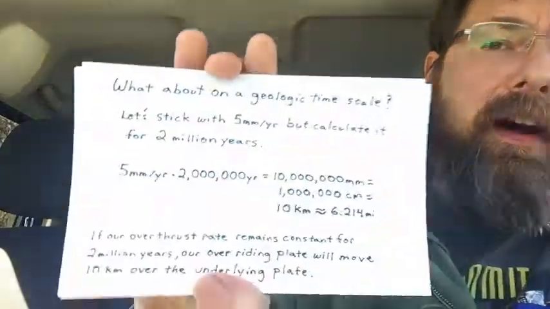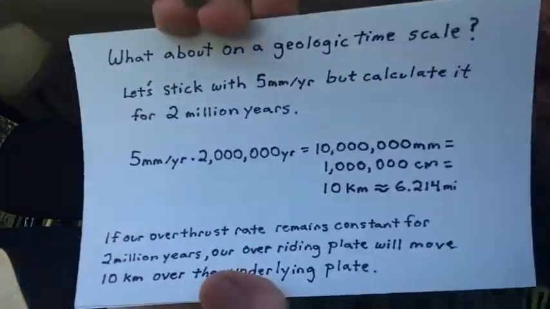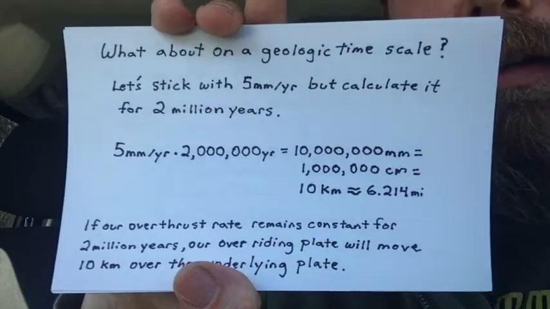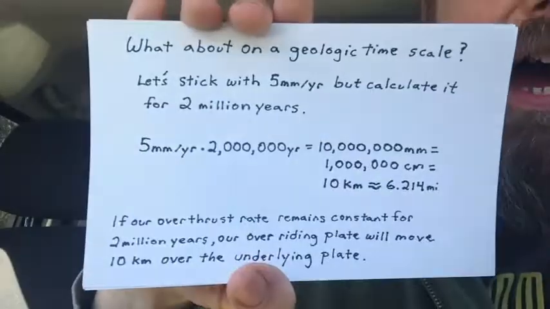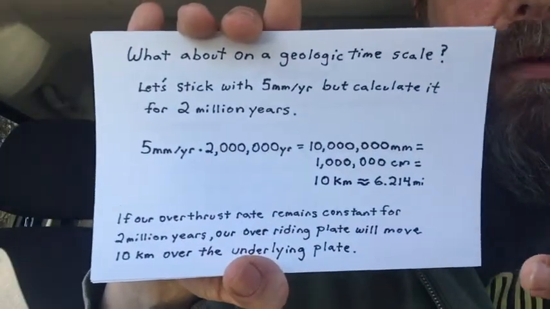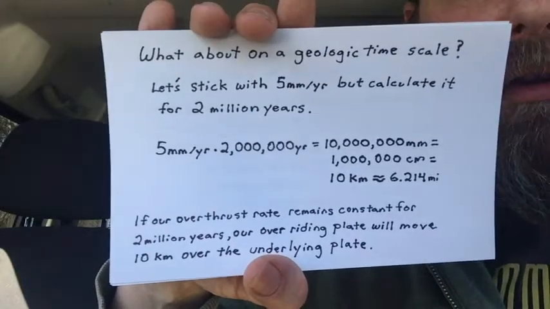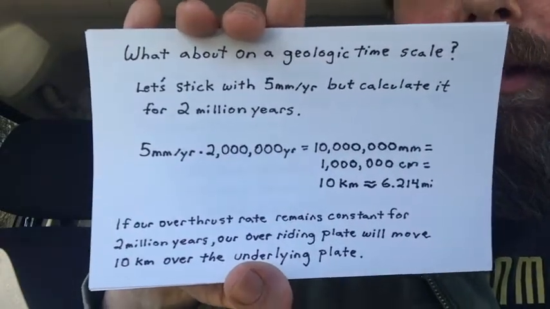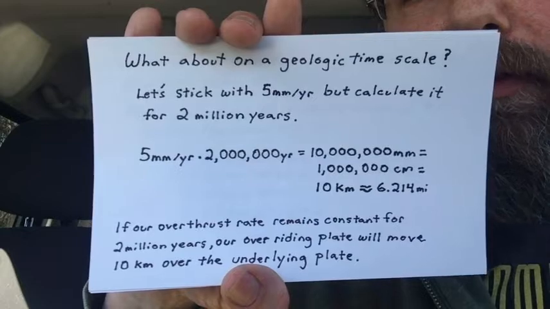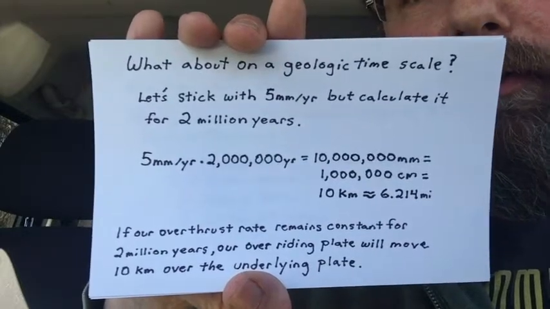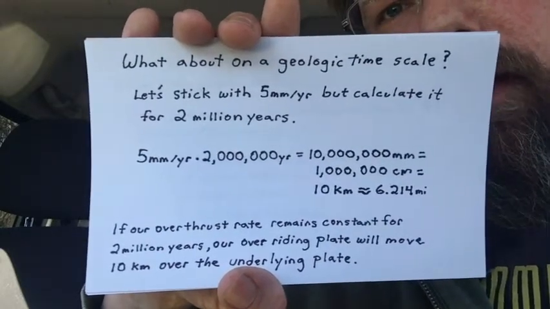But what about on a geologic time scale? Let's stick with our 5 millimeters per year, okay? But let's calculate it for 2 million years instead of 100. So we do our 5 millimeters times our 2 million. I'm not going to use scientific notation at all here. I intentionally did that because I want people who are like in 8th grade to be able to understand this and stuff. So we get 10 million millimeters, which converts to 1 million centimeters, which converts to 10 kilometers, or